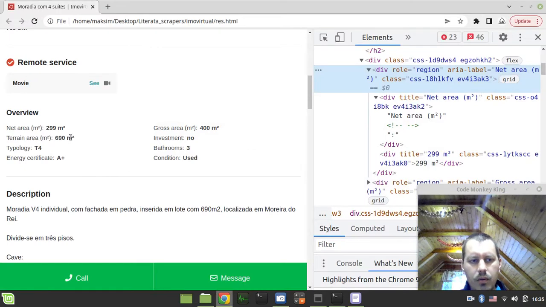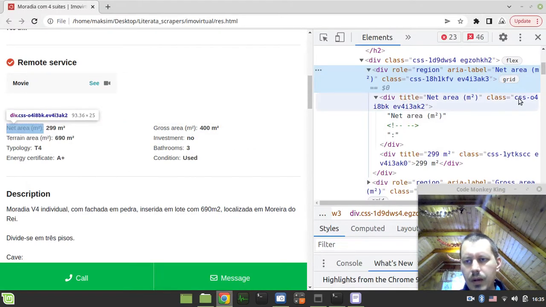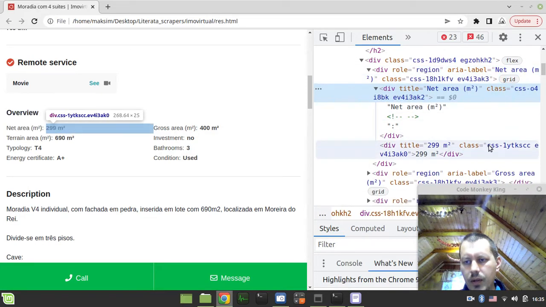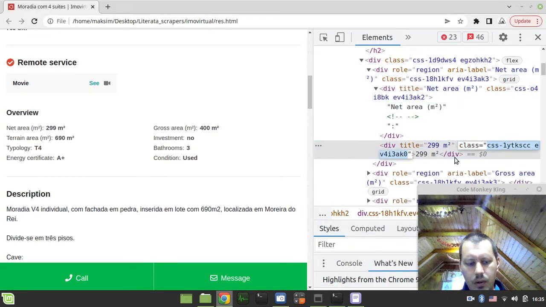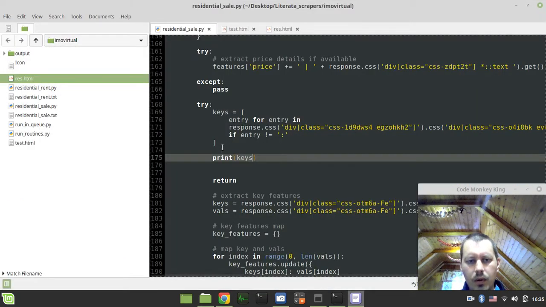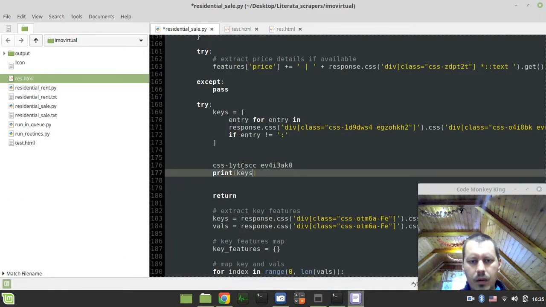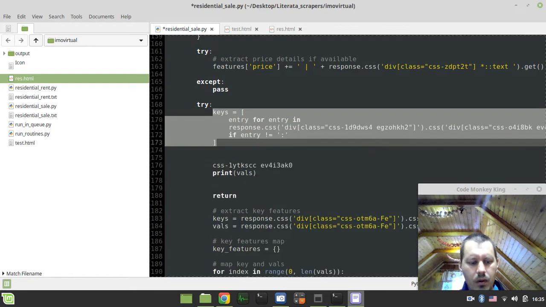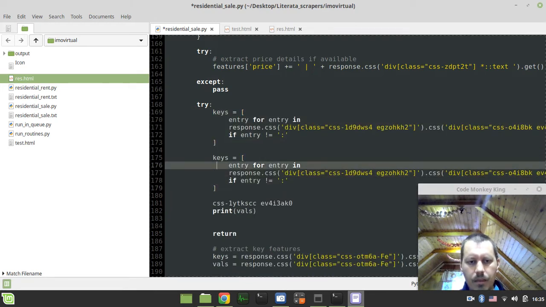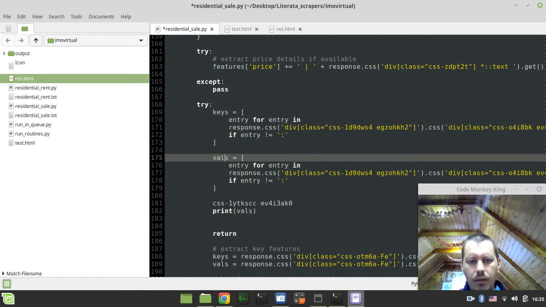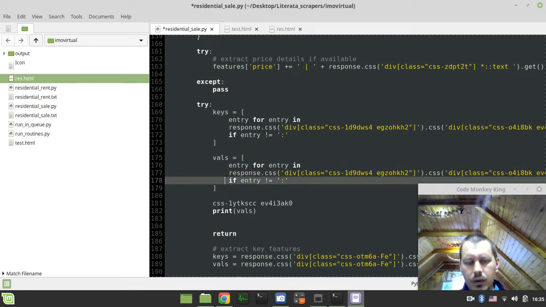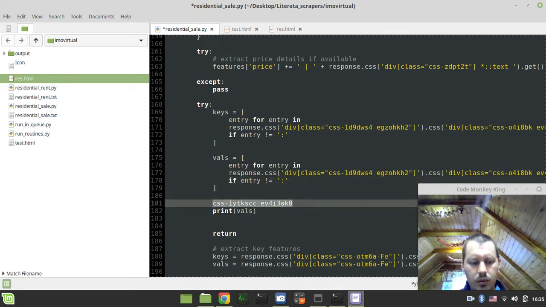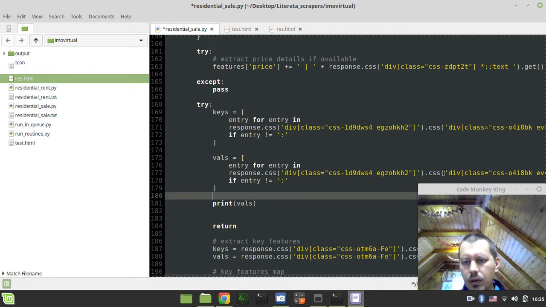So similarly to this, this is just gonna be a slightly different class name, like this one. So grab this one, and now I want to print the vals. So I just grab this one, and vals, and I want to replace the class here.